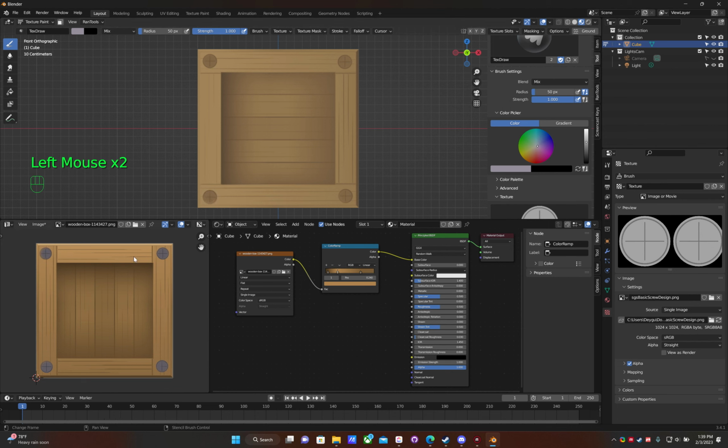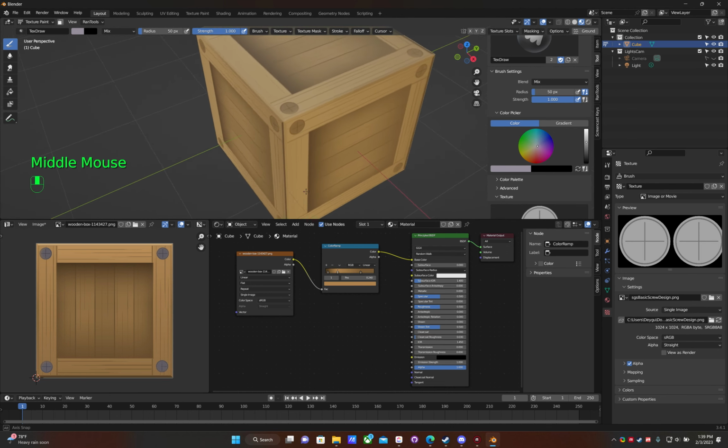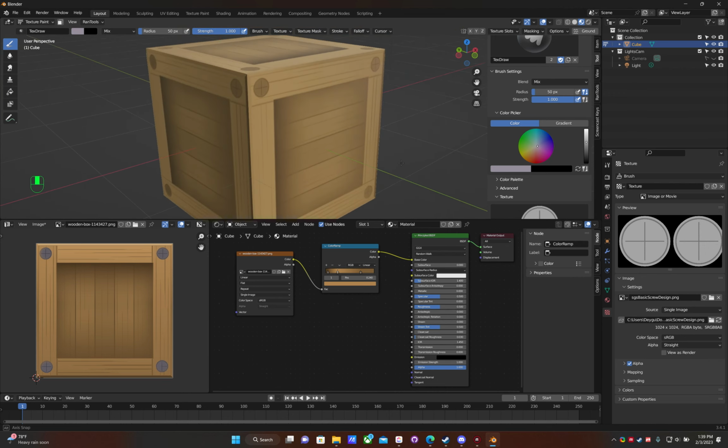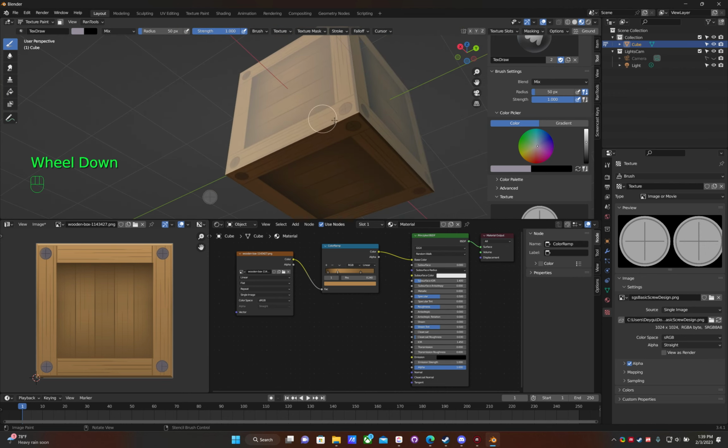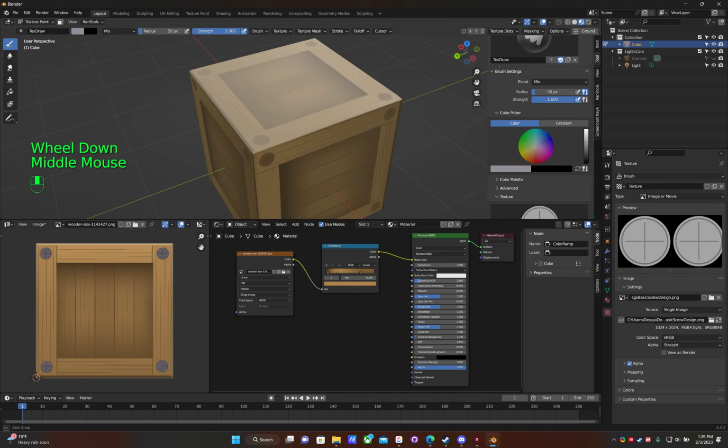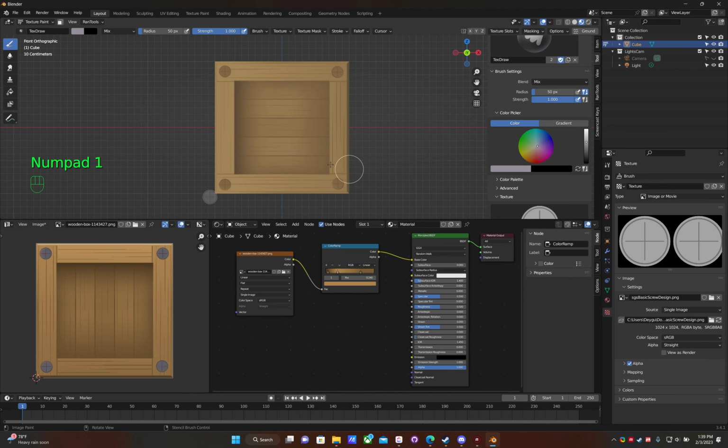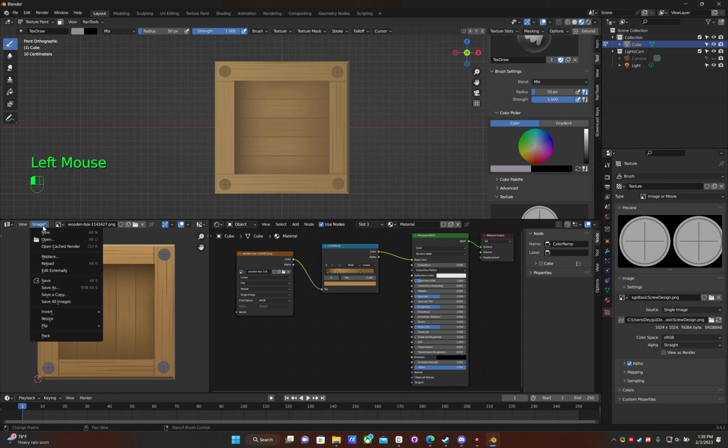And now we got 4 screws and we got this cool looking stylized crate. And it may look brown right there, but that's okay. And that's pretty much how you add textures and stencils to it as well. Same way. But now we have a new problem. This image is not saved yet. So what you want to do now is you just want to click this image